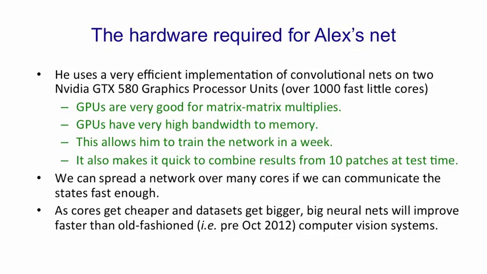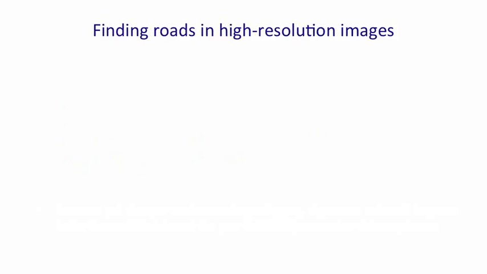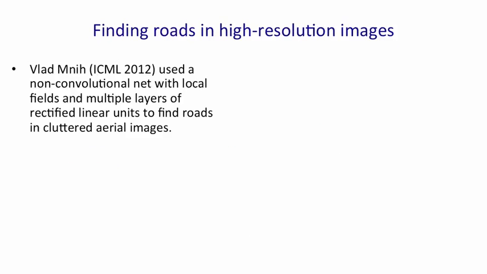I think from now on all the best object recognition systems, at least in static images, will use big deep neural nets. There are other application domains where we've learned the same lesson. So Vladimir Mnih used a net with local fields, but without convolution, to extract roads from aerial images. These are cluttered aerial images of urban scenes. Again, he uses multiple layers of rectified linear units,